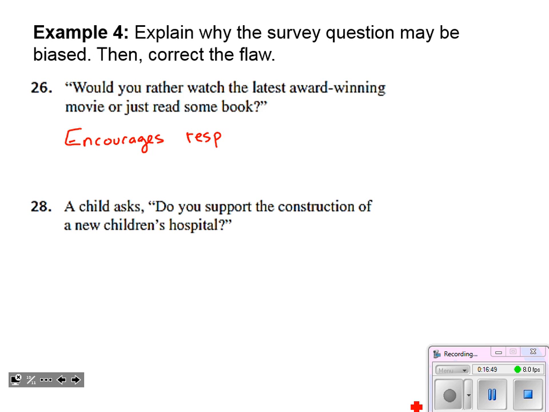Encourages response in favor of the movie. So that's why it's biased, or why it could be biased. Now, how do we correct that flaw? How could we compose a question that would get us the responses without encouraging them, without swaying the responders one way or the other? How about just, would you rather